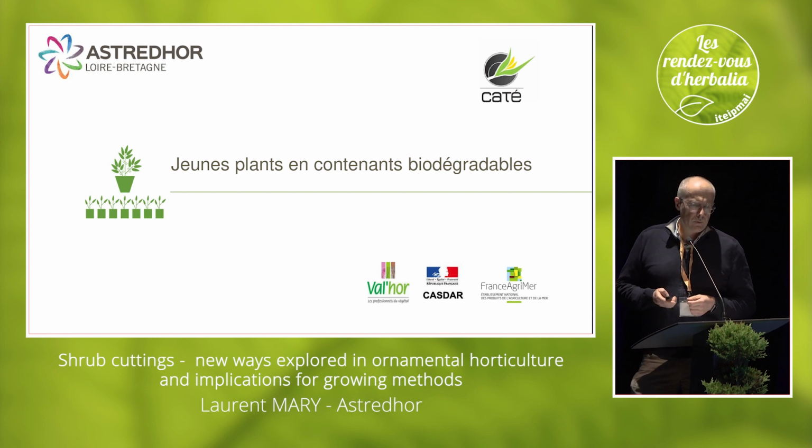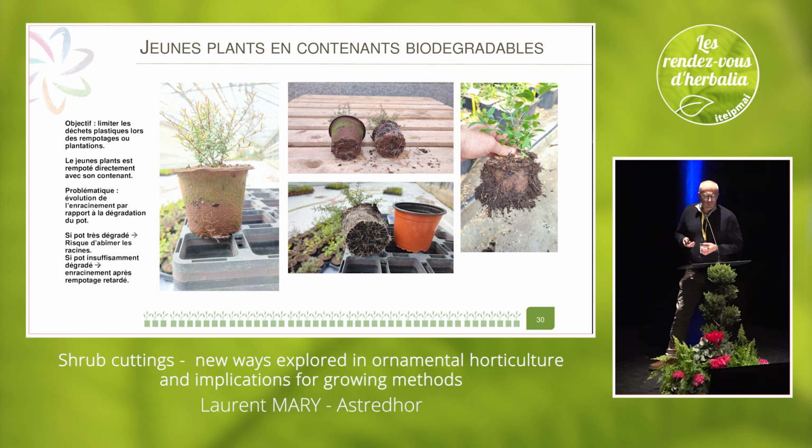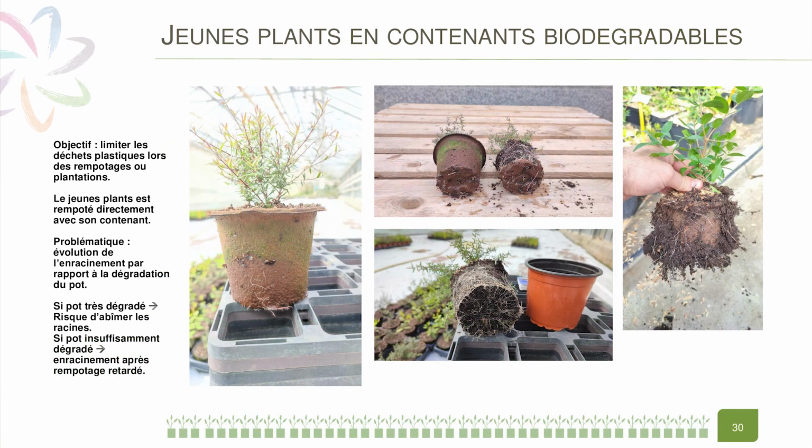So to reduce environmental impacts, we are working with biodegradable containers, so no more plastic pots. Plants are bred in those biodegradable containers, and the container is planted at the same time as the young plant. It raises a few issues in terms of how the container degrades. How can the roots keep growing without being stopped? There are a lot of questions